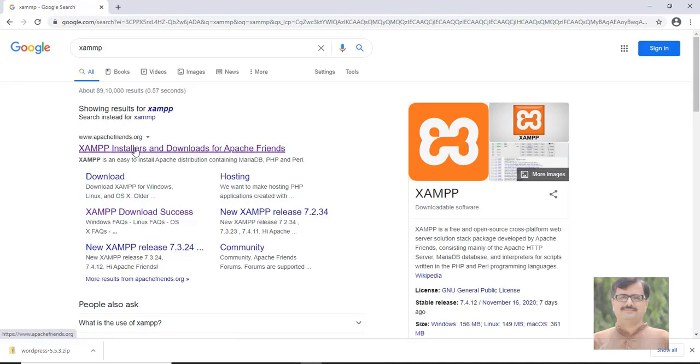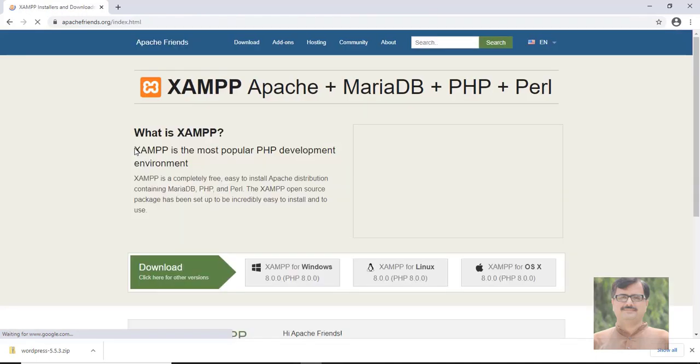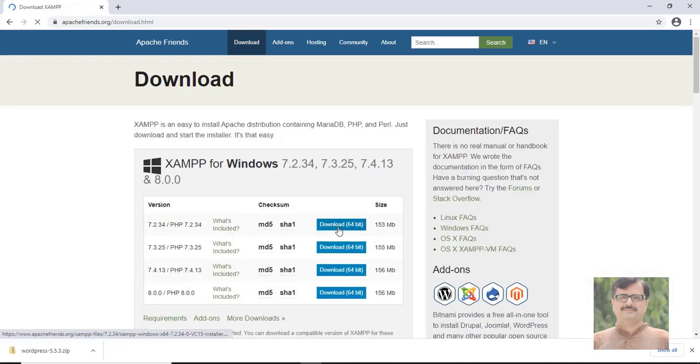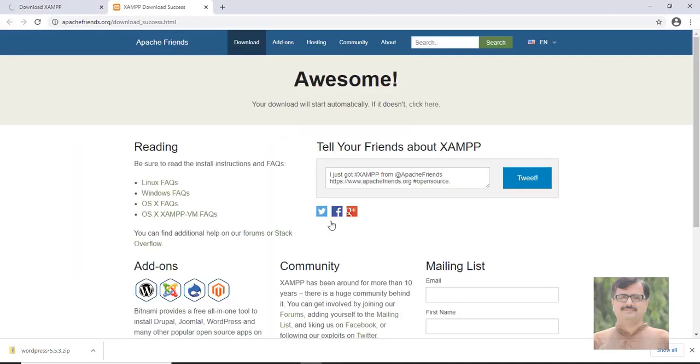XAMPP is available over here. Download, click here. So download XAMPP for Windows. Starting download. It is started.